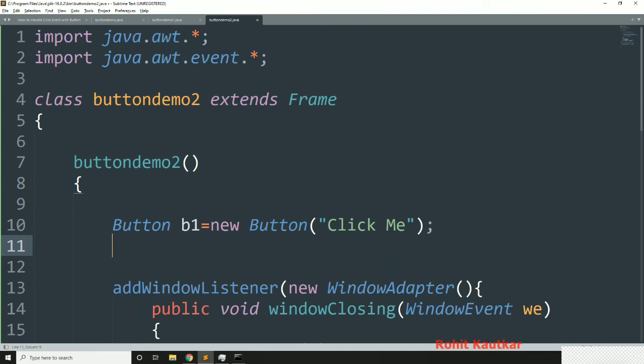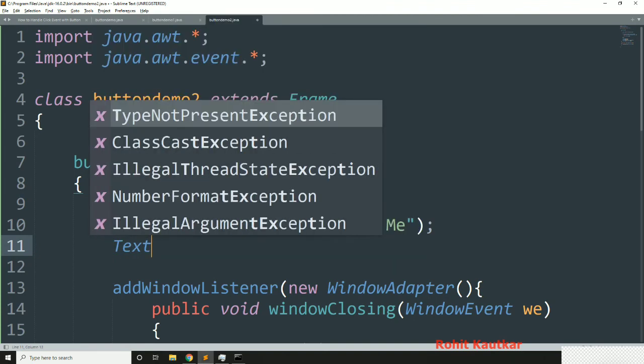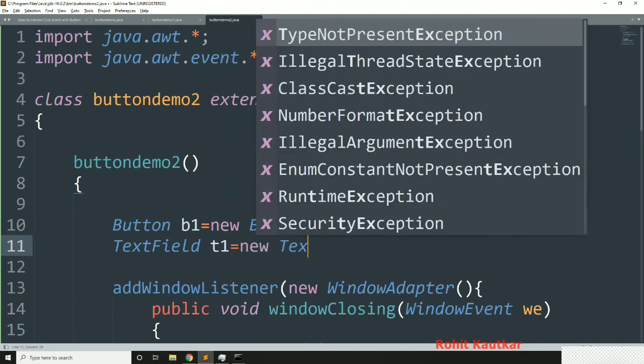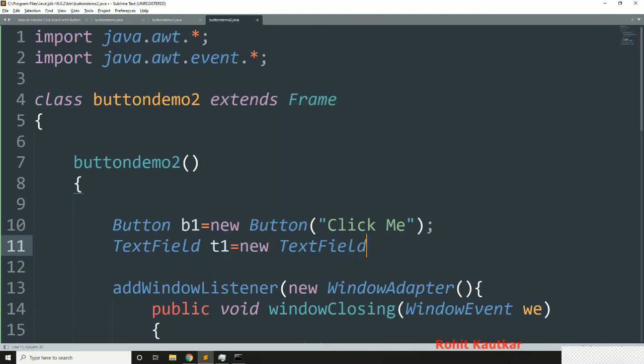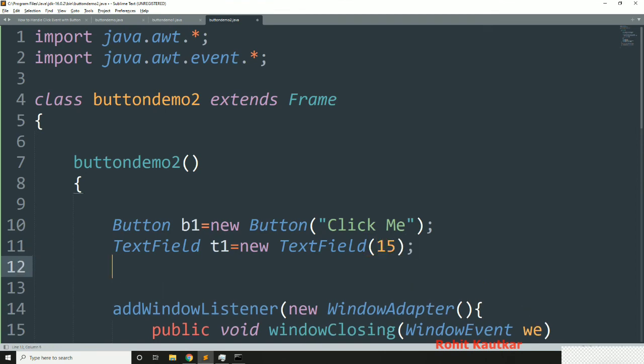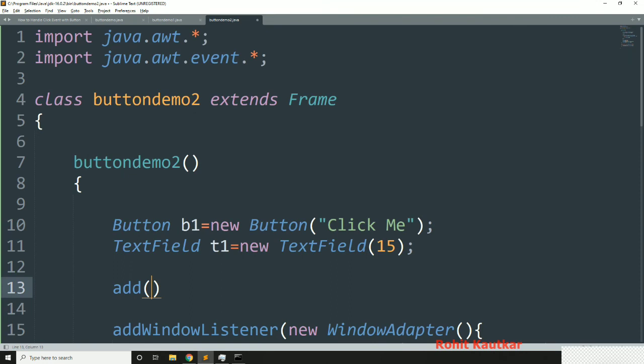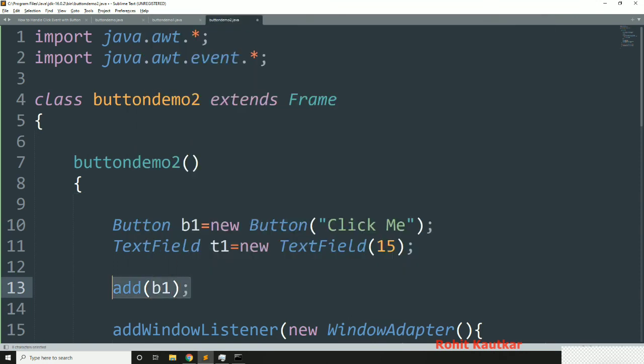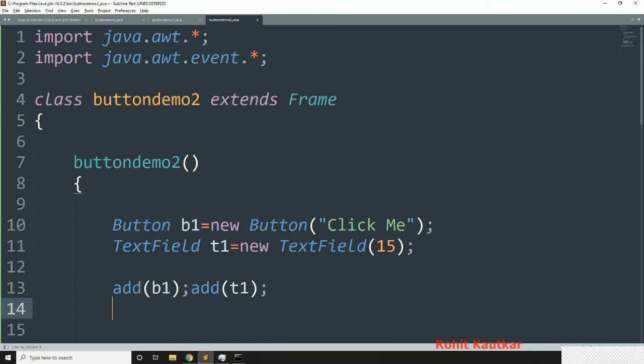After this I will take one more text field, like t1 is equal to new TextField, and let's say its size is 15. Now both of these components we will add to our frame, so b1 and then t1.